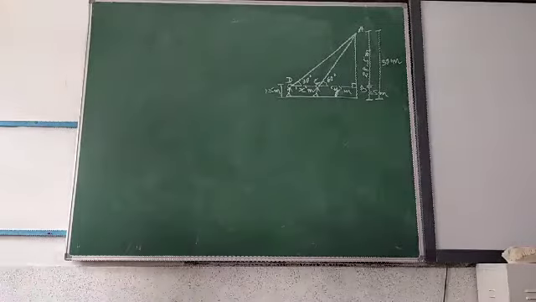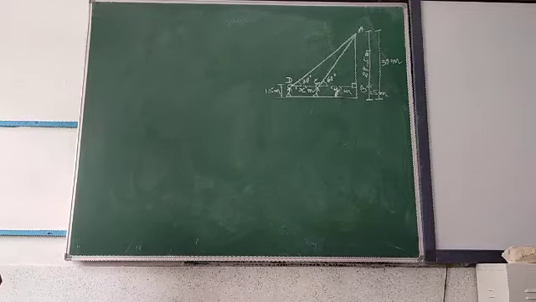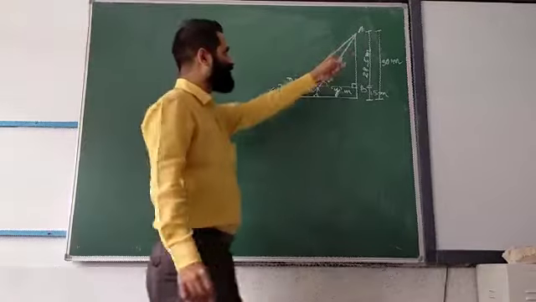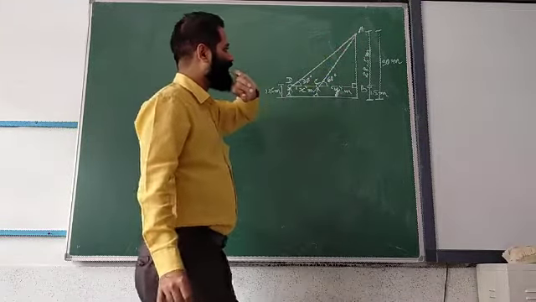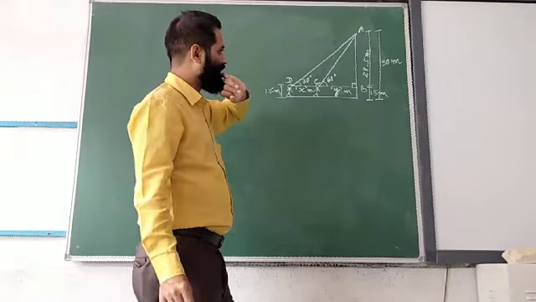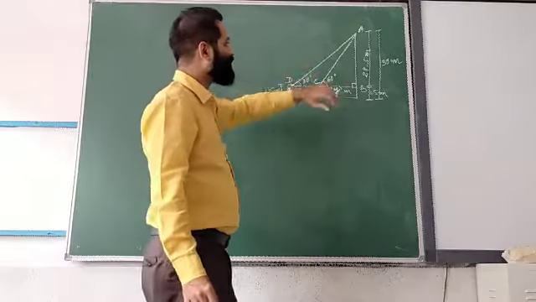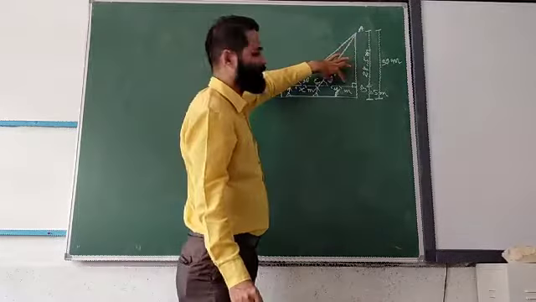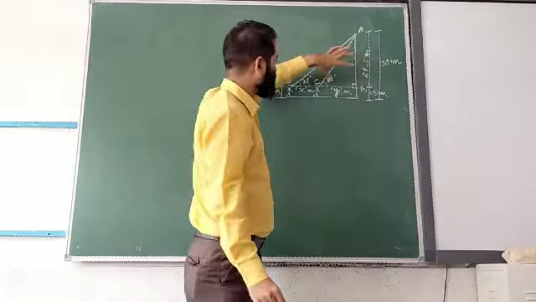So what have you written? Let the distance from D to C be x meter. Now you can see that trigonometry is applicable in a right angle triangle. We have two right triangles, ABC and ABD. You have something common: AB is common. So you have to compare this and this, and in the same way, in the other triangle, you have to compare this and this.